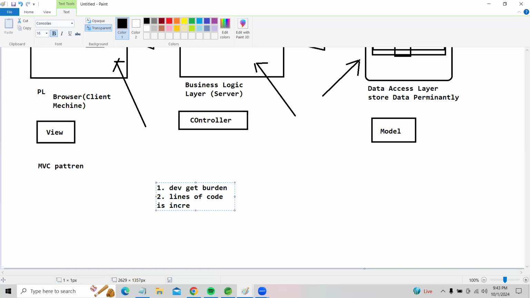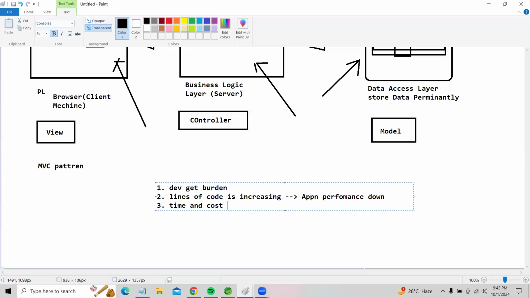Sir, if the lines of code increase, what happens? Application performance goes down, my friends. The third point, sir: time and cost also increase.